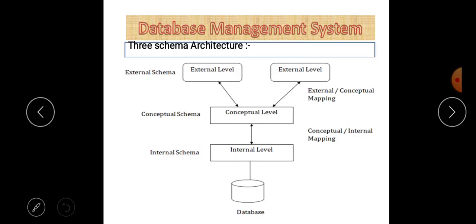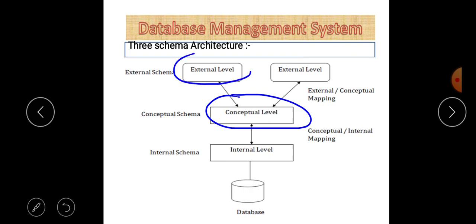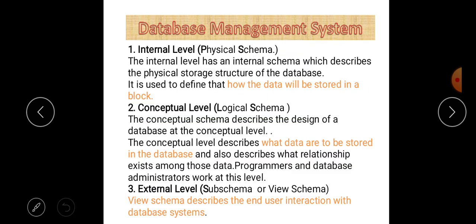It means simply that, see the diagram, if you make a change at the conceptual level or logical level of your database management system, then there is no effect on the external schema. They are unchanged. This type of data independence is called logical data independence.